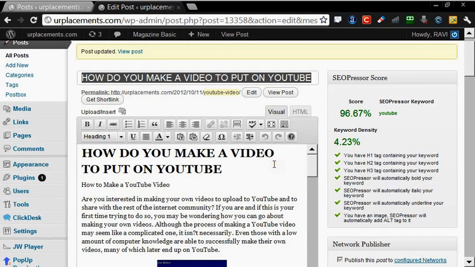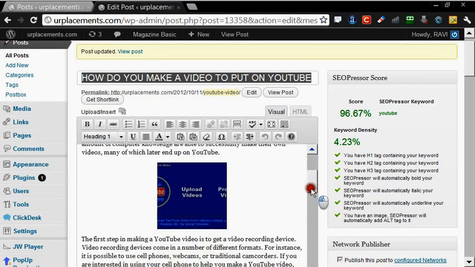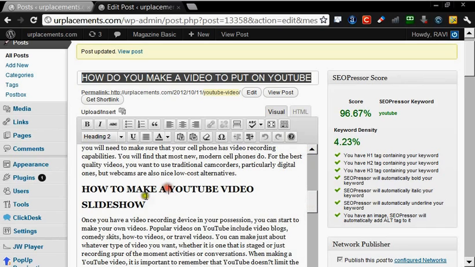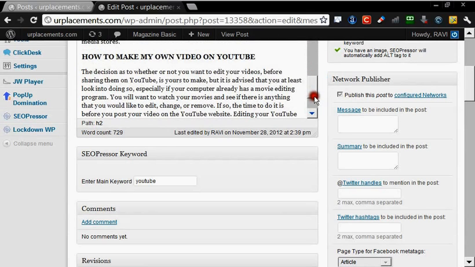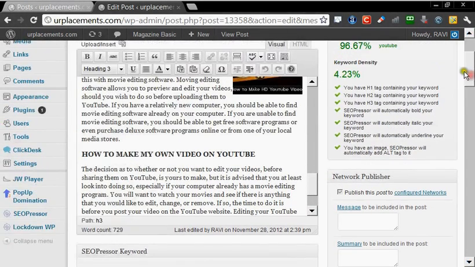The second heading in between the article also should contain your keyword, and almost towards the end, maybe a paragraph before the last sentence, before the ending, you can have another heading with your keyword, with the font type H3.